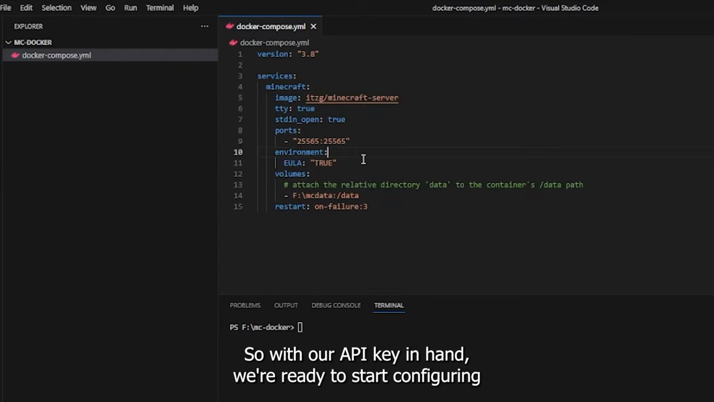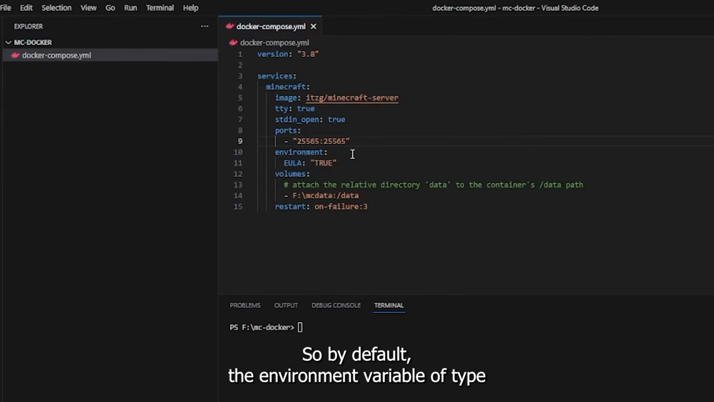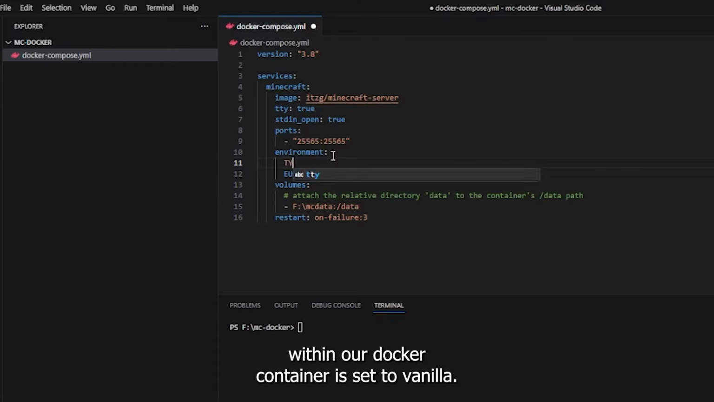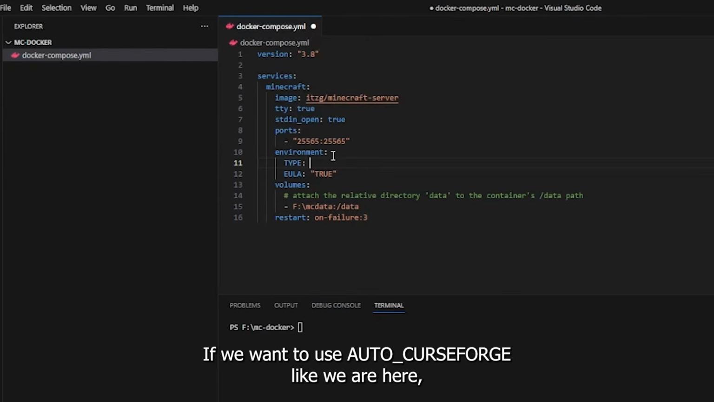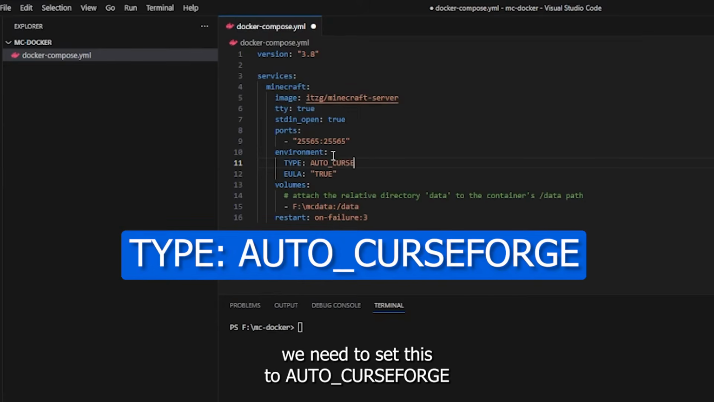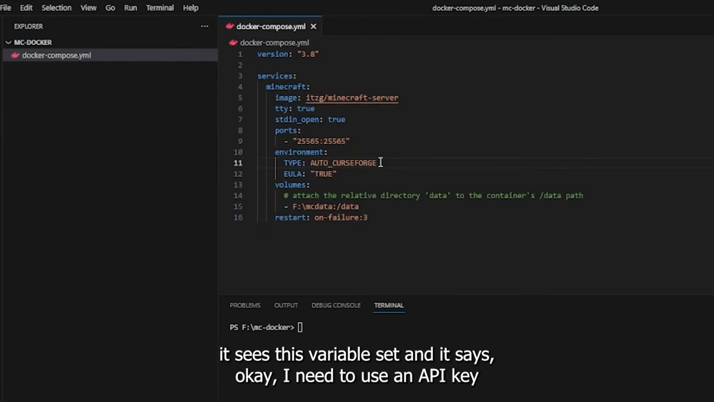So with our API key in hand, we're ready to start configuring our Docker Compose so we can reconfigure our container to use Curseforge mods. By default, the environment variable of TYPE within our Docker container is set to vanilla. If we want to use auto Curseforge like we are here, we need to set this to AUTO_CURSEFORGE. And what this does is when the container starts, it sees this variable set and it says, okay, I